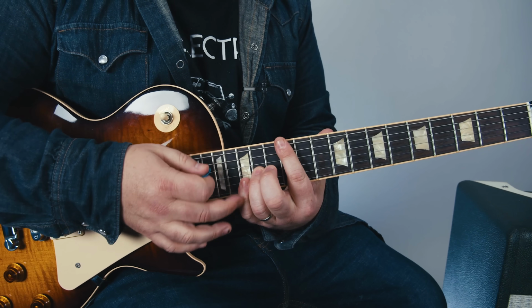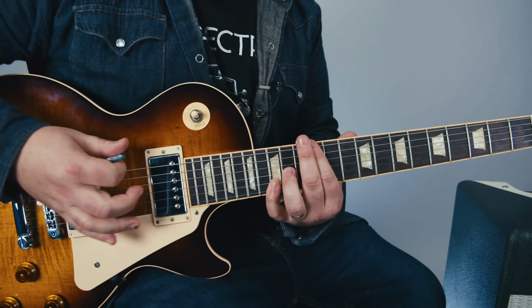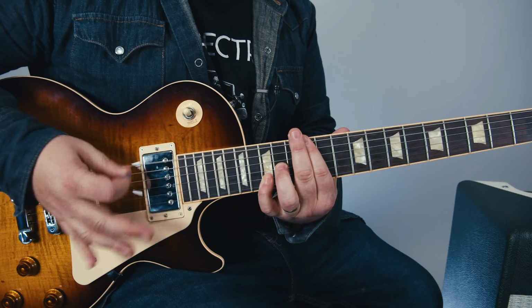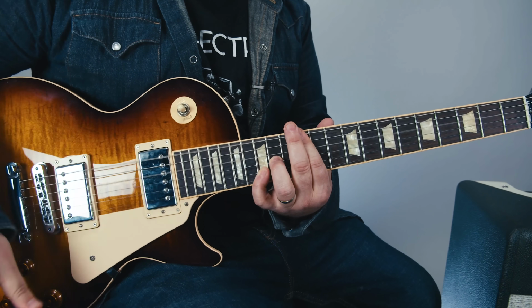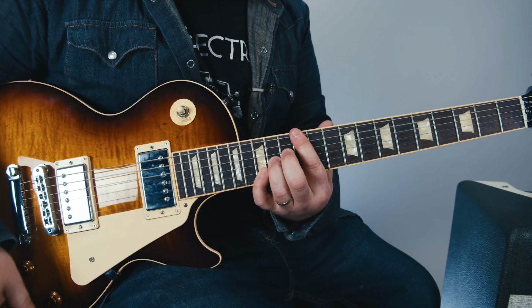And that pinky and the index finger pretty much mute that high E. We don't have the high E in there. So check it out. We're going to be doing palm muting on that, but then big strums. So